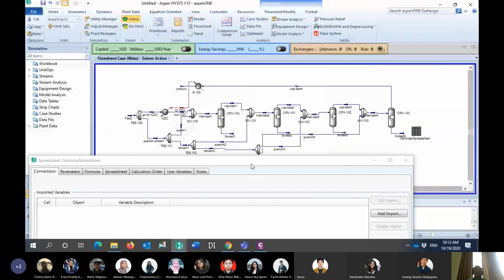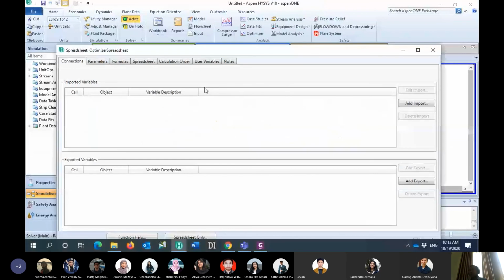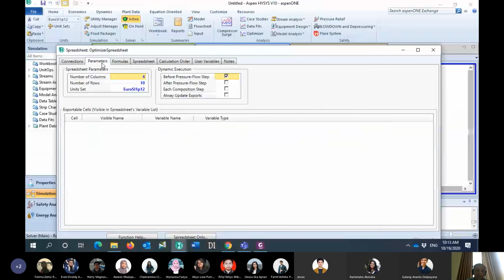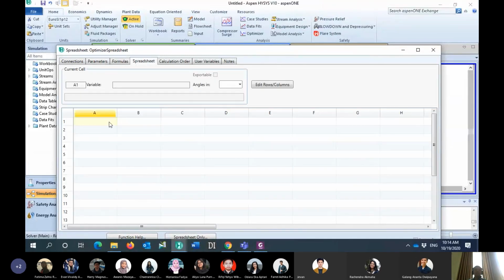And then after that, I will put all of the values related to the optimization that I will do. In order to do that, allow me to increase the number of columns and rows. And then I will go to the spreadsheet. So this one is a comparison between design data and simulation.